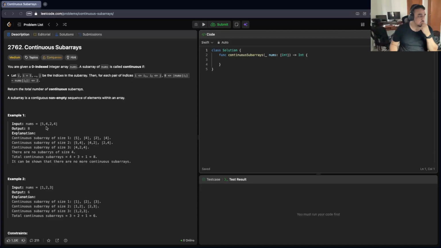It will be 5 minus 2, that is 3, and that doesn't achieve what we are looking for. It needs to be between 0 and 2, right? That's why 5, 4, 2 is not a continuous subarray, but 4, 2, 4 is, because